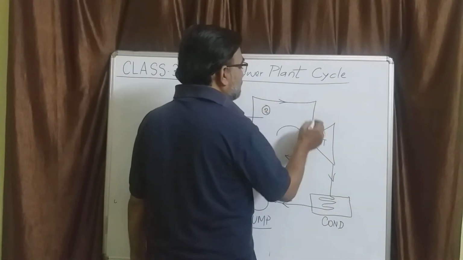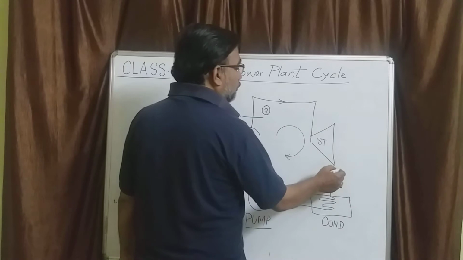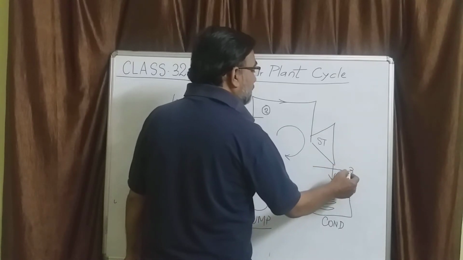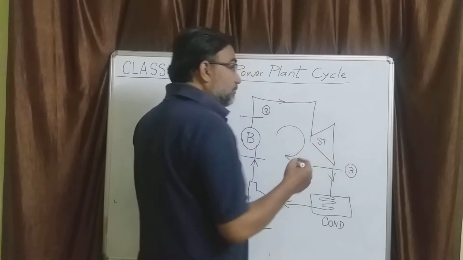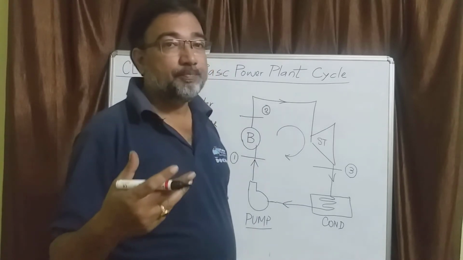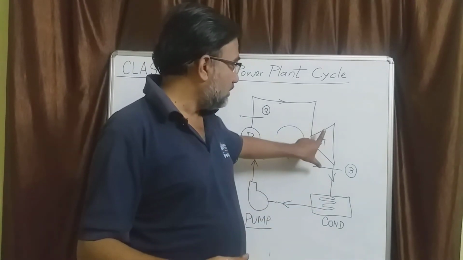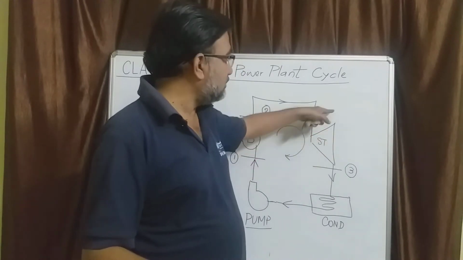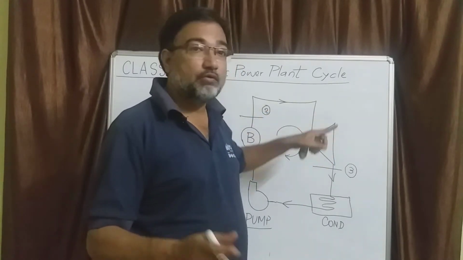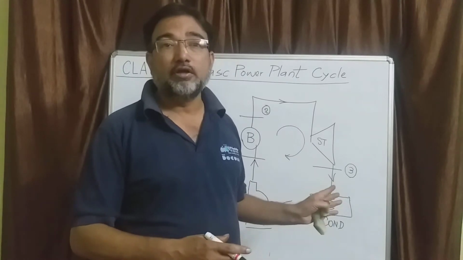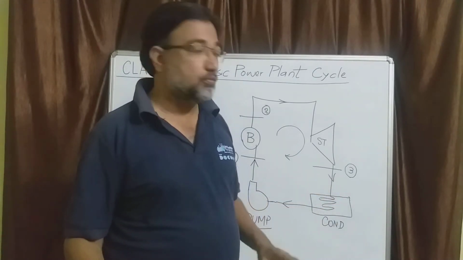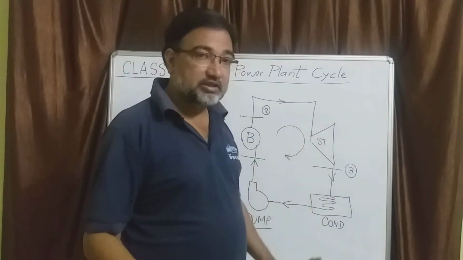Similarly, when it enters the steam turbine, it is at point 2. When it comes out of the steam turbine, it is at point 3. Remember, we were solving this kind of problem in the steady flow energy equation, where we took a turbine as a steady flow device. There is an inlet 1, 2, and then we find H1 minus H2, half m v1 square minus half m v2 square, etc. So it is just that. Alright.